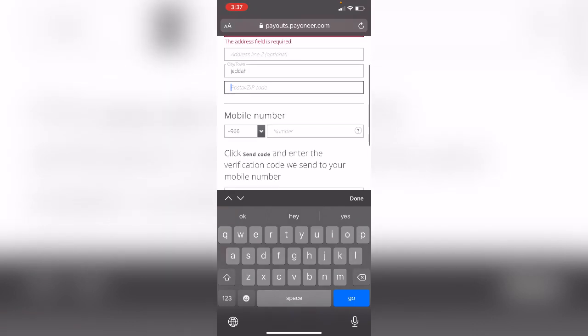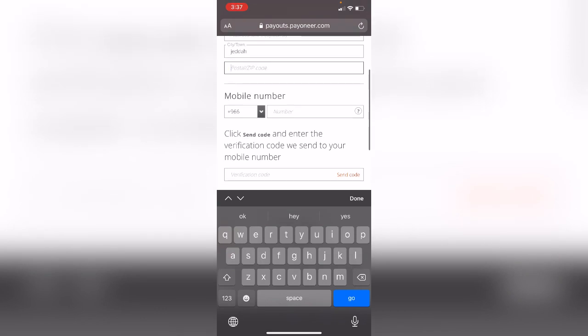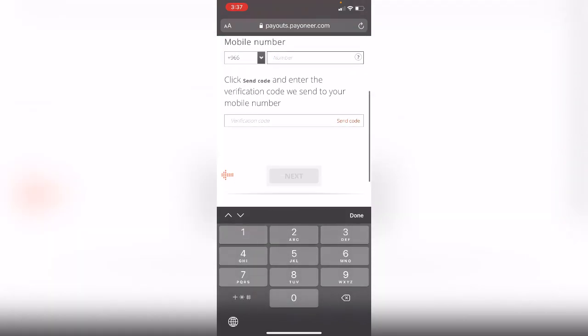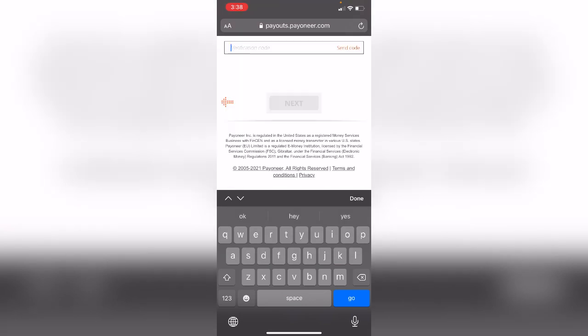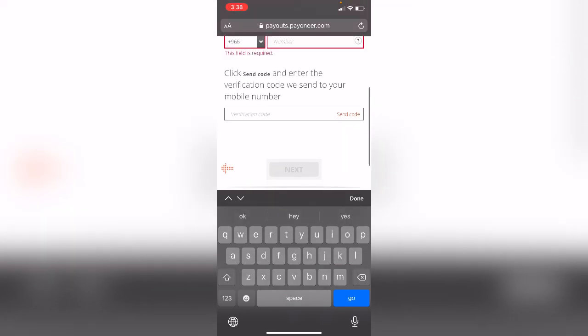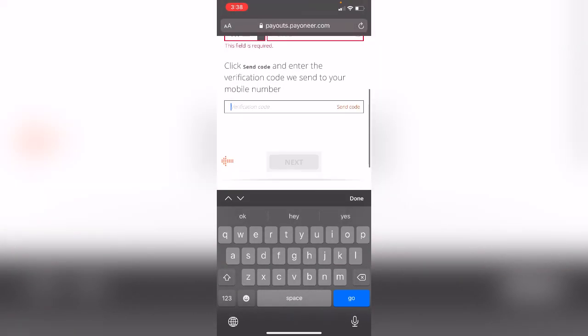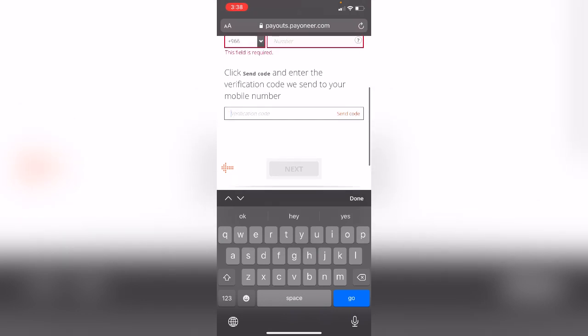Please make sure that this postal and zip code is correct and according to your place of living or area, because later on they will send you a card, just like an ATM card or debit or credit card, with which you can also withdraw and deposit cash. The phone number should be correct, okay, and they will send you one verification code, and then you will have to click apply next.